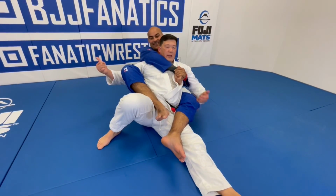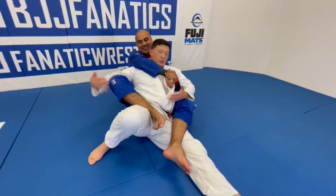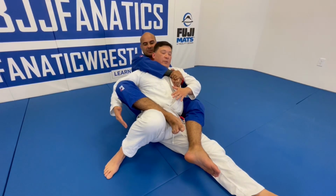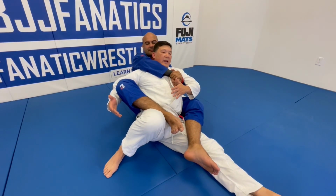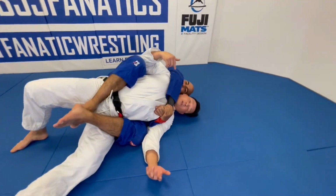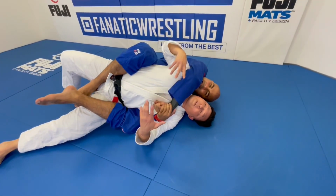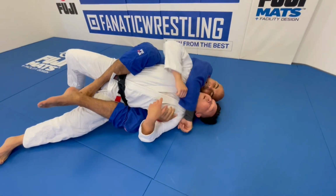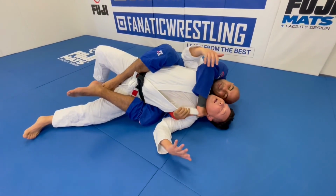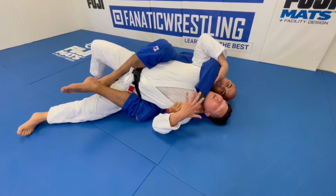No way. Yeah, and do you see how the angle is literally like a kickstand that prevents me from falling to this side? The other thing that's nice about this is that now my leg is bent, I can actually drive here. So it allows me to push and get myself to the side. So even if he has an arm around my neck now, or even if he grabs a bow and arrow, there's no way. You feel that once I get to the side,